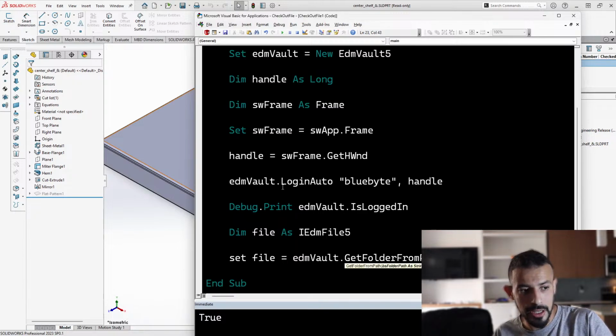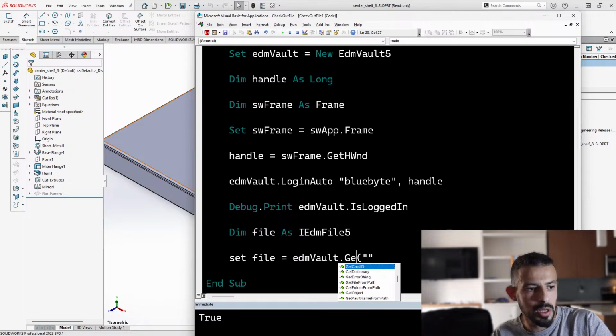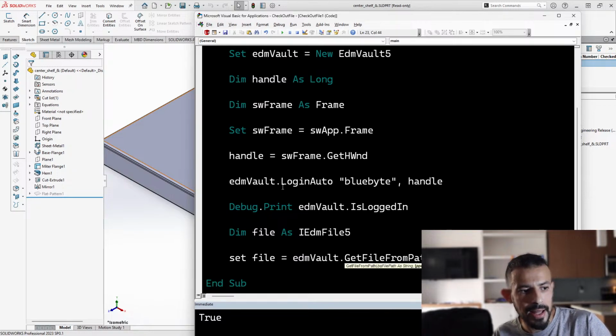This method takes in the path to the file, and oops, I think I typed in get folder, so I need to do get file from path. It takes in the path of the file, but it also returns the object that represents the folder